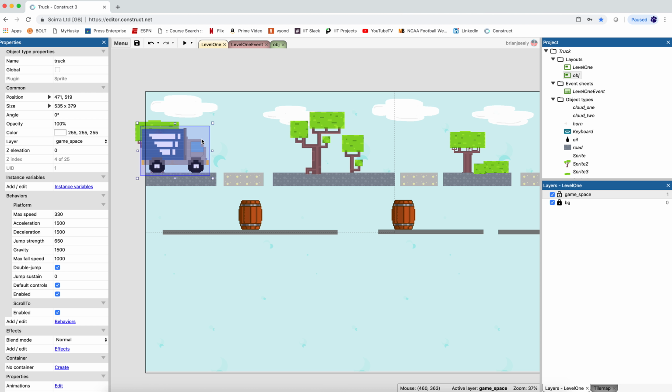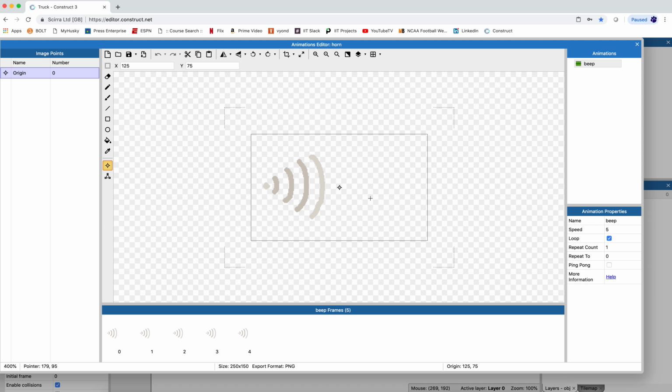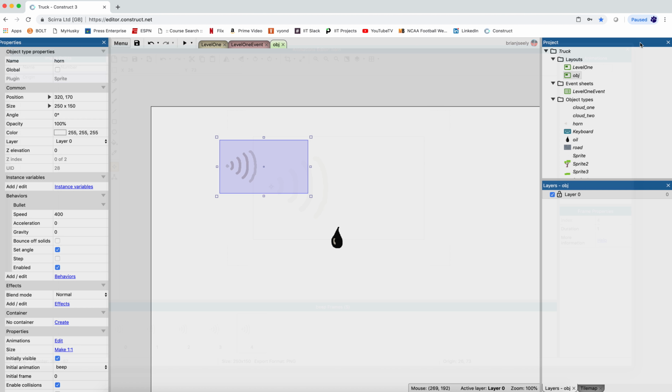And we probably know that is because, if I go to my object, this also has an image point, and you can see that it's there. I go ahead, maybe I'll move that here. Okay. Now, one thing that you're noticing, and I think we talked about this with the clouds, is